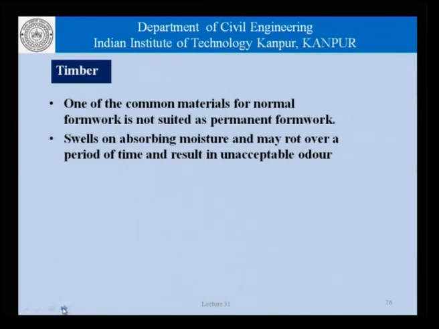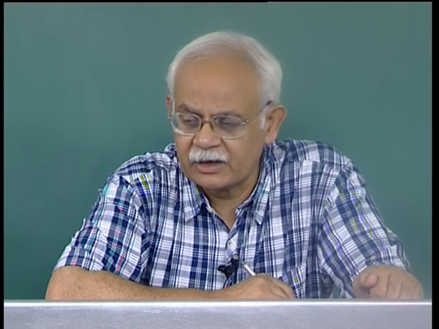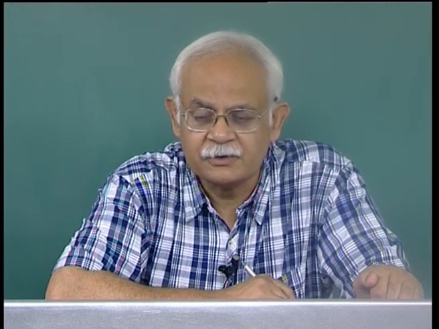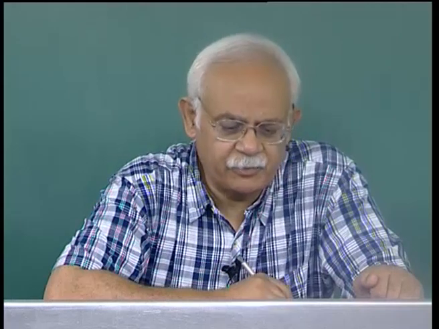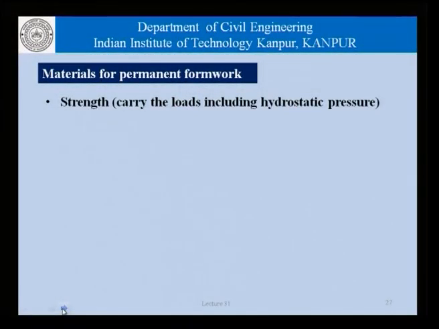Now, let me talk about timber or plywood, which is one of the most common materials used for normal formwork. It is not really suited for permanent formwork construction, because it absorbs water, swells, and may rot over a period of time and result in unacceptable odor. So, these are the kind of problems that normal plywood applications would have if we were to allow them to be part of the concrete structure, and that is why we cannot have them, which gives us a pointer as to what are the kind of materials that we are looking for